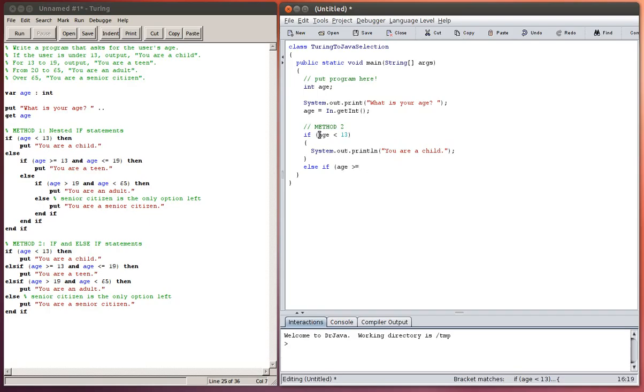Age greater than or equal to 13. And I don't use and, I use double ampersand. Age less than or equal to 19. System.out.println you are 18. Close the bracket. Else if my new condition, age is greater than 19 and age is less than 65, open a new bracket, system.out.println you are an adult,